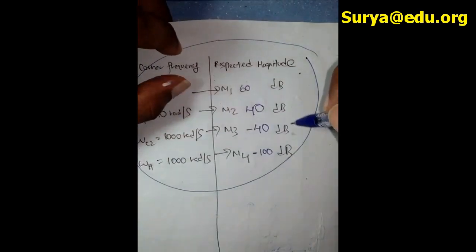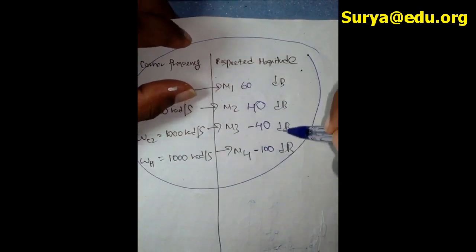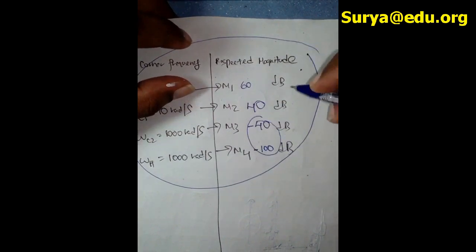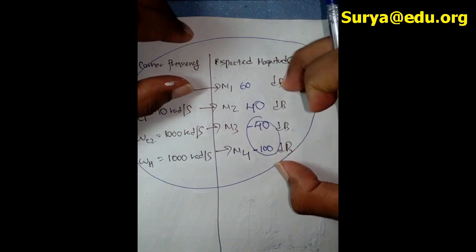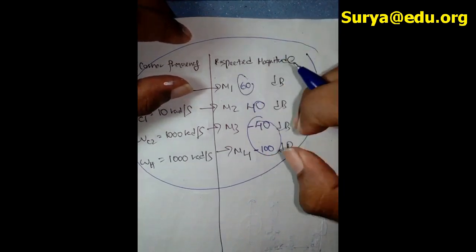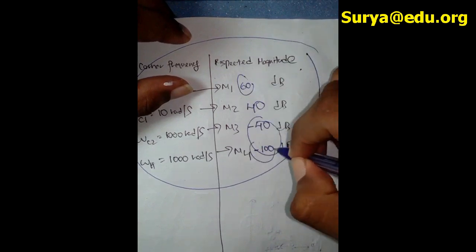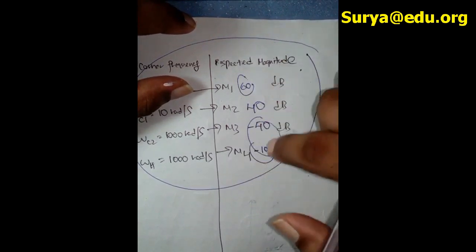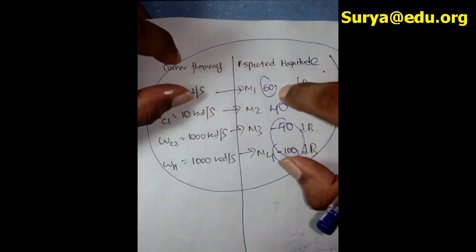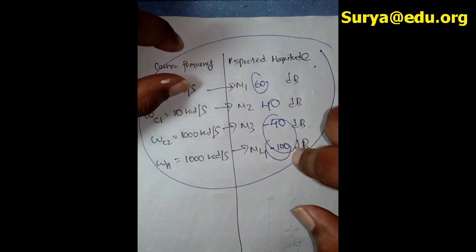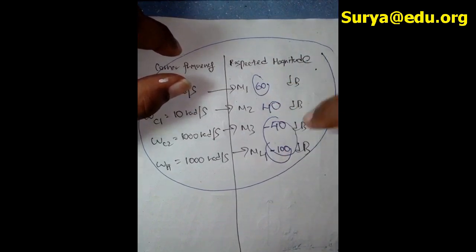But careful. When you consider the magnitudes, just consider the range where the negative magnitudes are spread. Here we basically have 4 magnitudes. The maximum magnitude on the positive side is 60 and the maximum magnitude on the negative side is 100. So now you must have an idea about the range we should distribute for positives and negatives. For the positives we must give a maximum up to 60 and for the negatives a maximum up to 100. That means the highest separation should be given to the negative side.